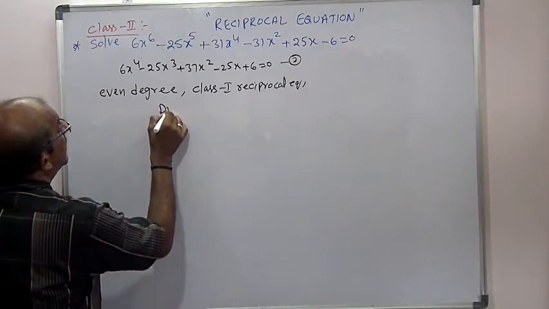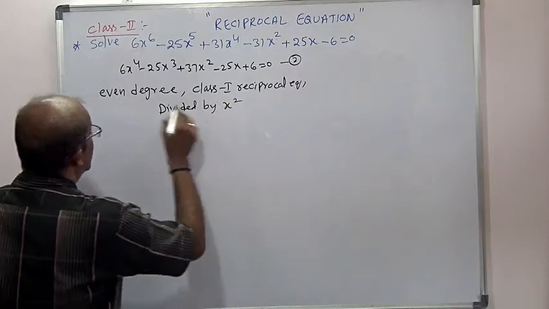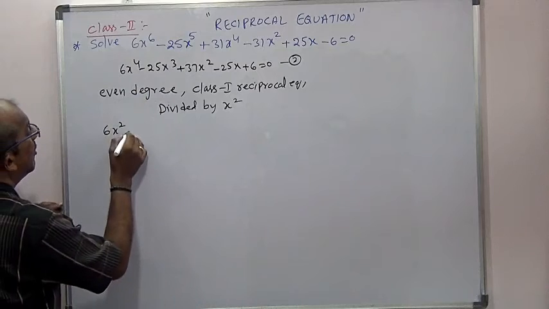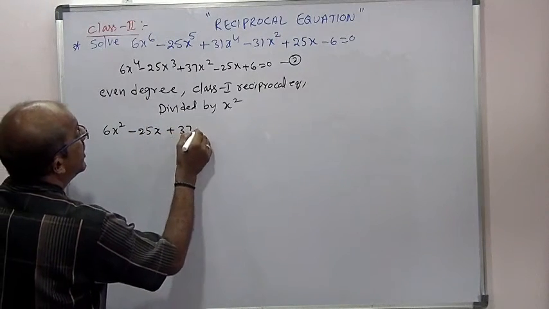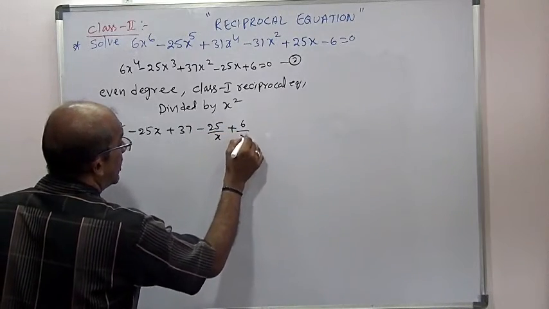Now divided by x square. Now it is 6x square minus 25x plus 37 minus 25 by x plus 6 by x square